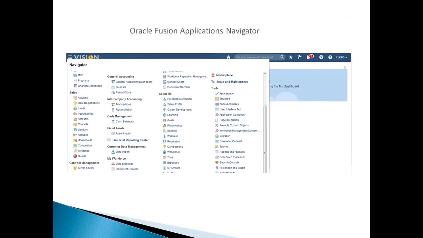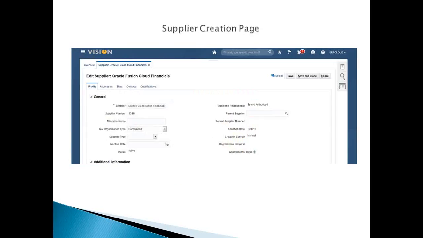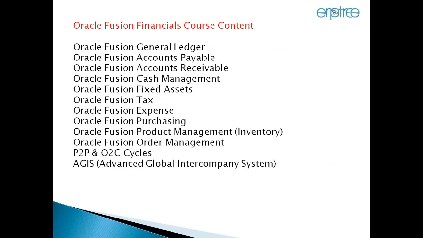So complete ADF pages, single user interface. You no need to open multiple forms how we open in EBS. So no forms you can find in the Fusion application, completely ADF pages, web pages. You can run this application from any device. In case of EBS, we have to install that Java plugin and all. Here no plugins. Directly from your smartphone you can hit that URL, it gets connected, and you can start working on that also, if you have compatibility in your environment. So supplier creation page and all others.